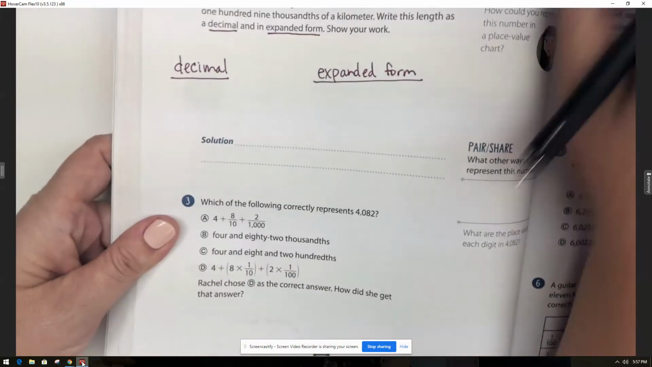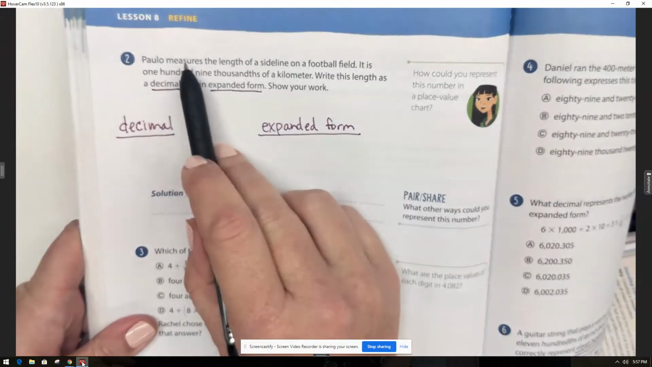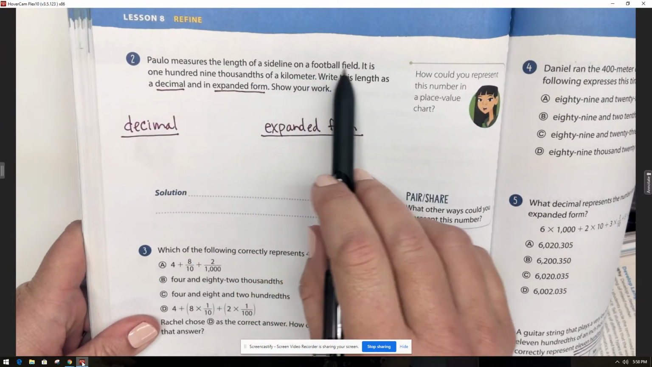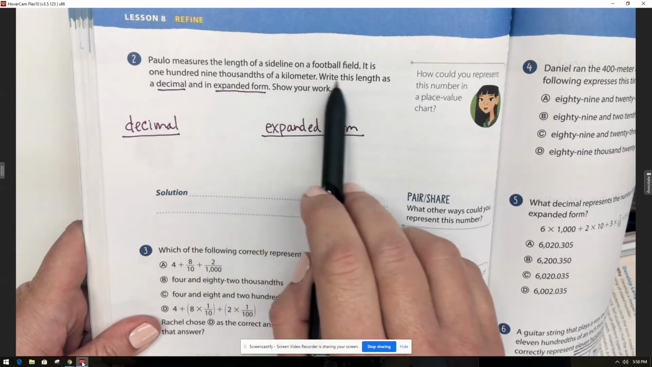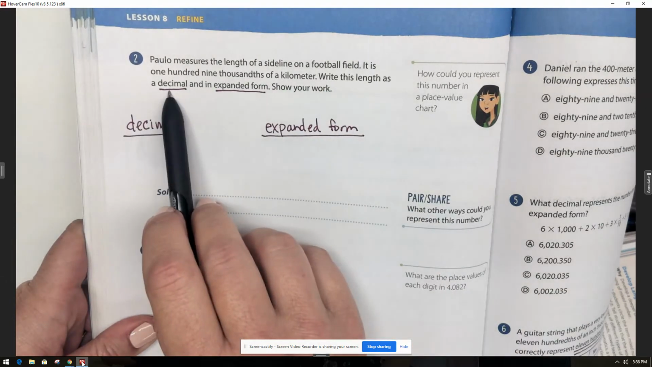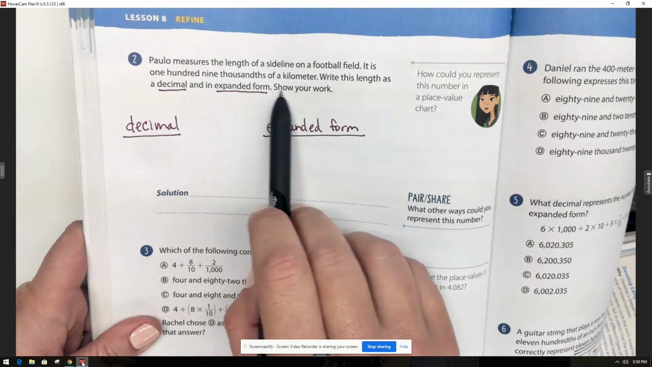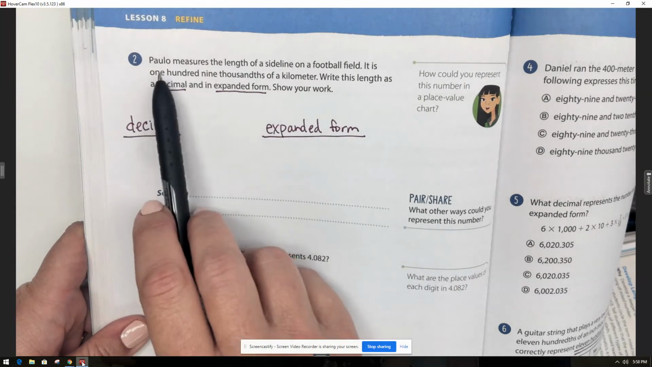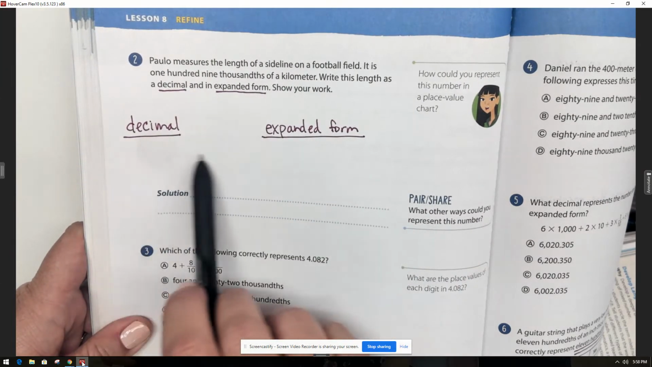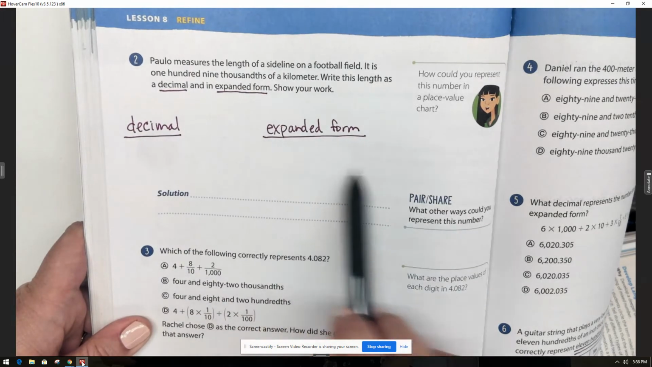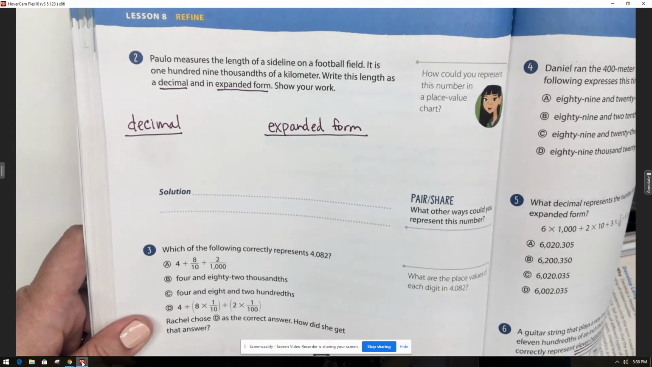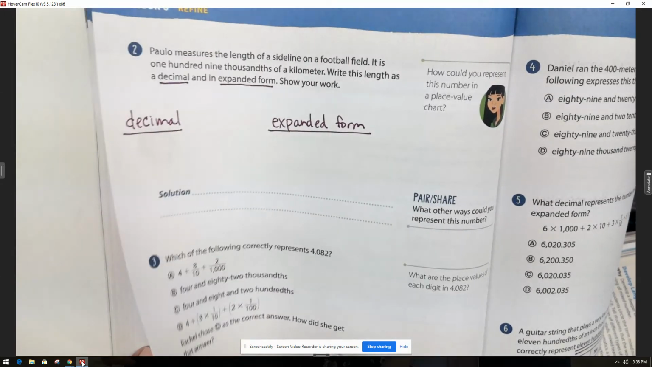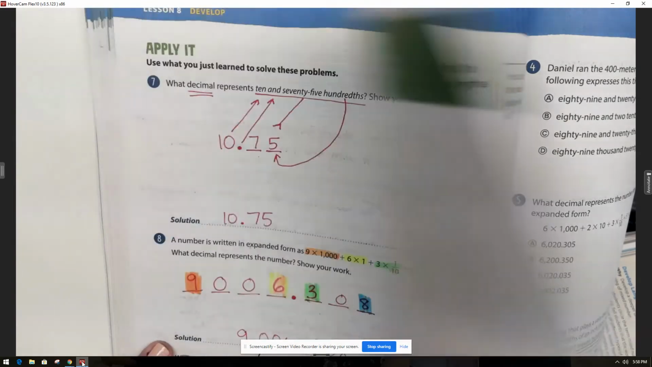For number 2, it says Paulo measures the length of a sideline of a football field. It is 109 thousandths of a kilometer. Write this length as a decimal and in expanded form. Show your work. So 109 thousandths, you're going to write it as a decimal, and then you're going to write it in expanded form. There's many ways you could write it in expanded form, so you're going to choose the method you prefer. If you need help knowing how to write it in expanded form, you can go back to page